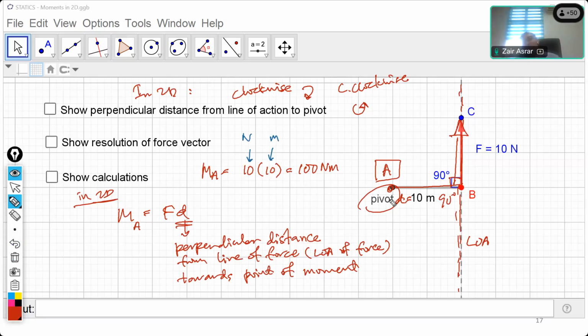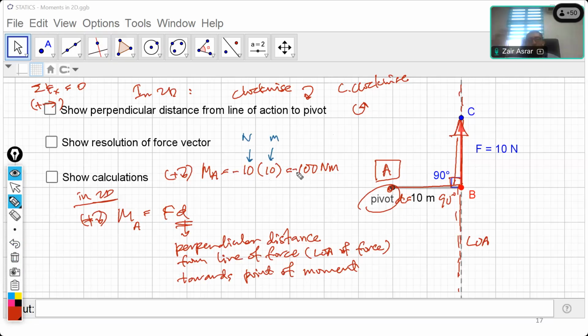In this case, actually, it is moving counterclockwise. And if I'm saying that my convention is clockwise positive, just like force, when we say summation of force along x equals to 0, our convention is positive to the right. So anything that moves to the right is positive, anything that moves to the left is negative. In this case, for no obvious reason, I'm just taking rotation clockwise positive. So if we adopt this convention, the moment due to this force is counterclockwise, so basically the sign will be negative. So you have a negative 100 Newton meter.